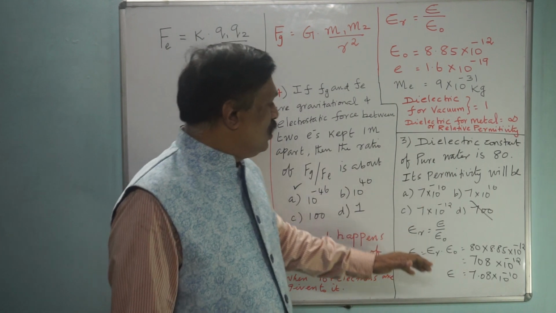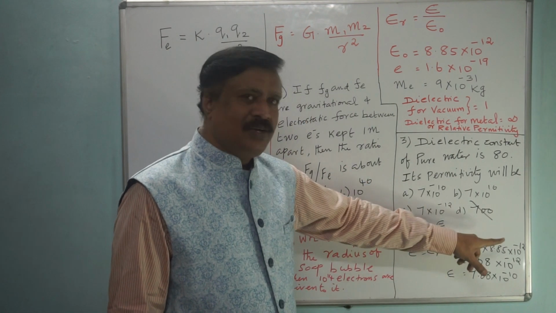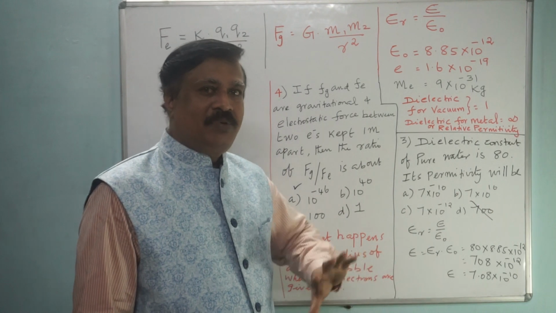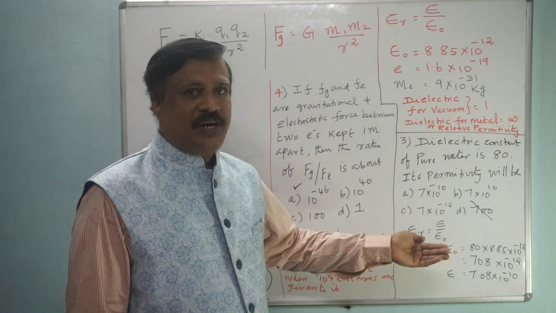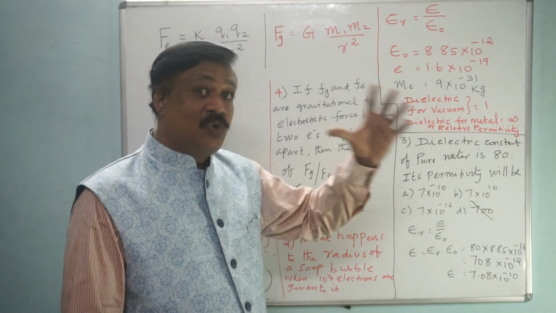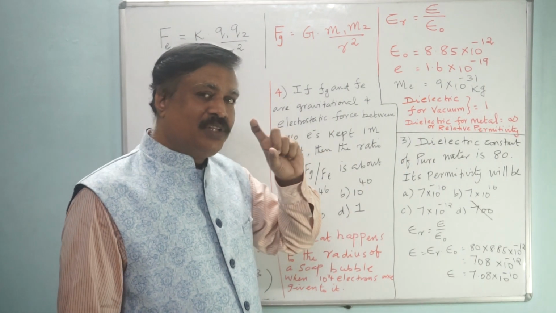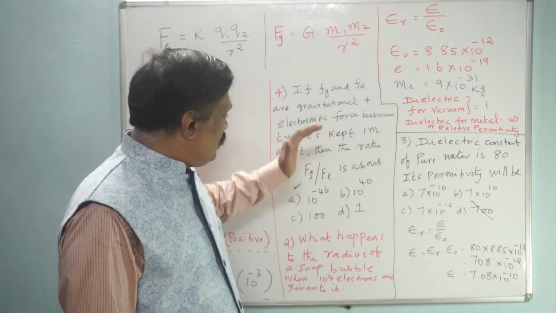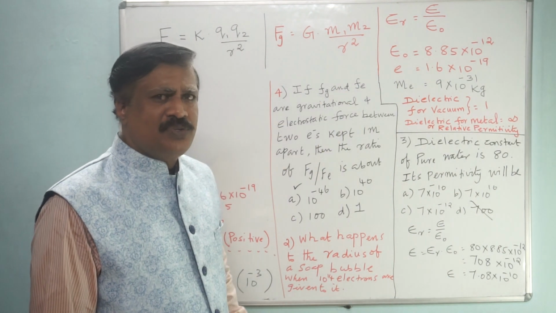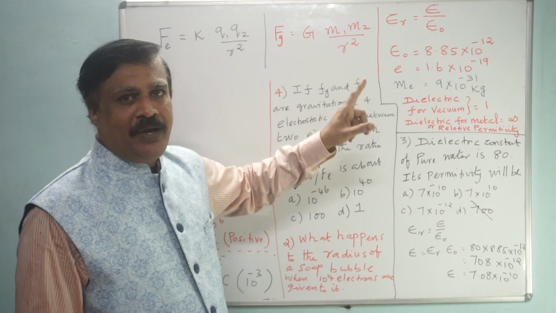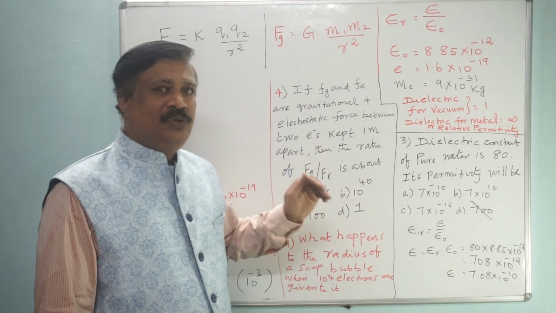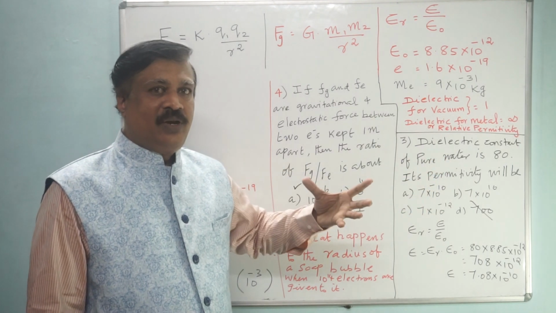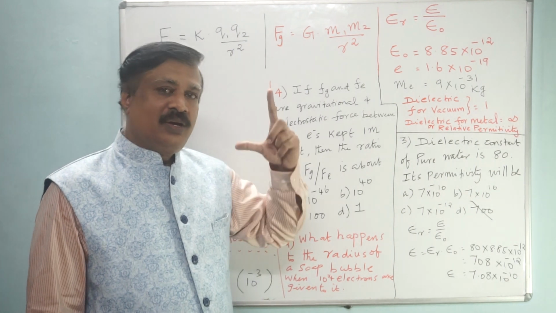Just like that, instead of multiplying everything, you can quickly multiply 9 into 80. That means you can tell whether it is positive or negative, and whether it is in 100s or 1000s. You have to think and go for the power value, and get whether it is negative or positive. Just like this, many objective questions, after completing a particular topic I'll upload. You have to practice daily, then only you can get good marks in your entrance exams.